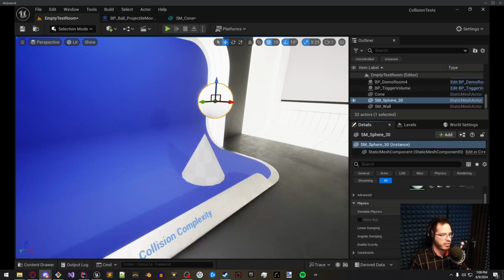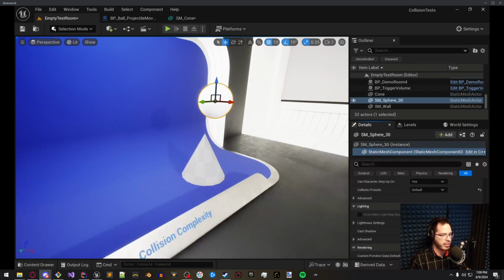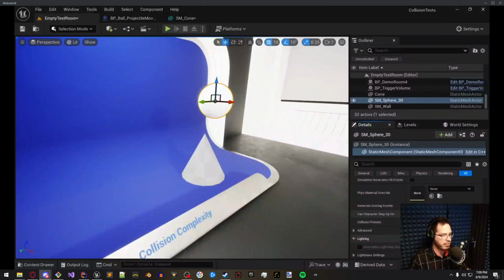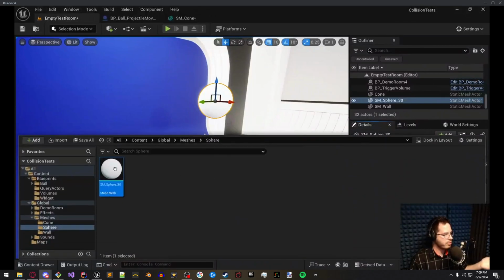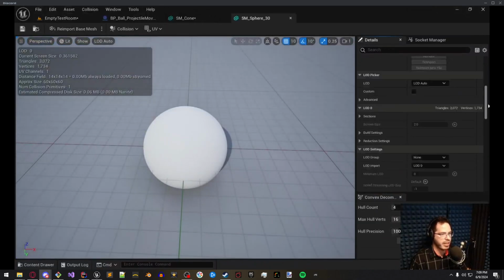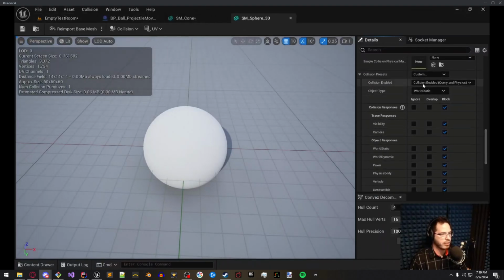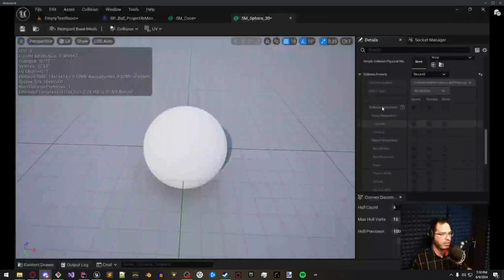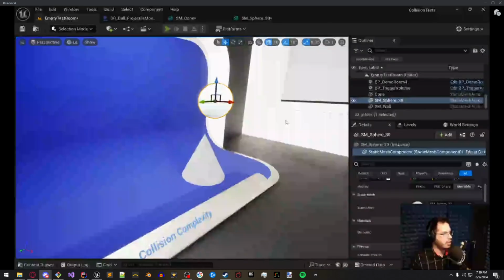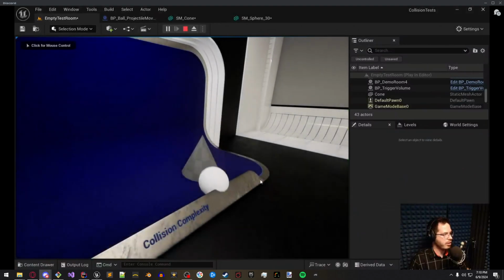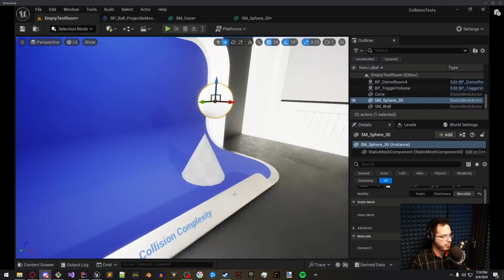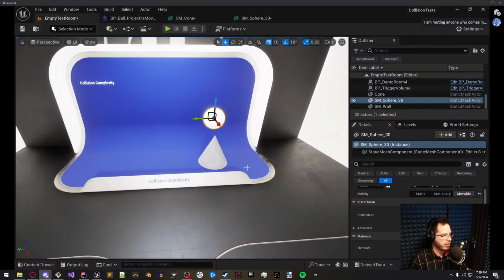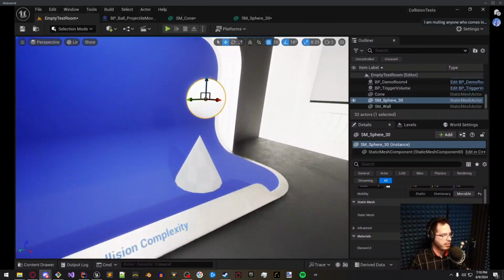And if I simulate physics on this and I check to see that it is blocking, its collision presets are default, which means it's using the static mesh collision presets. If I look at that, we see it's custom, but we could set it to block all, block everything. And if I drop it on the cone, it's going to bounce off of that complex collision. So use complex collision as simple means use that complex collision even if there's a simple